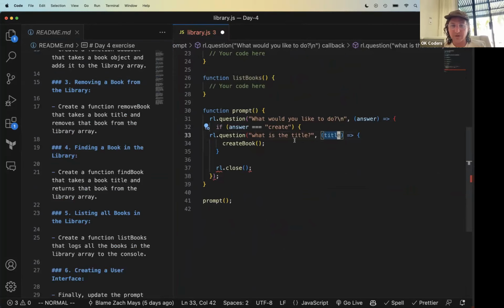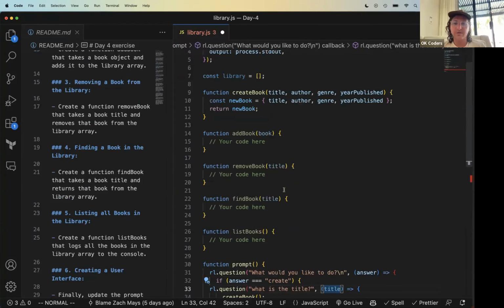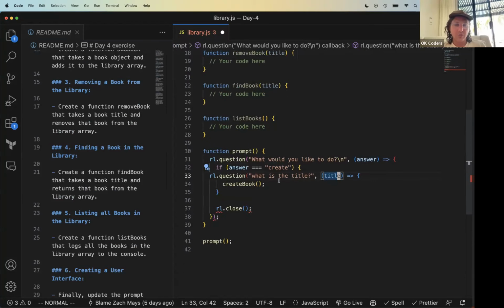So honestly, we could kind of ask for it. We could keep embedding it. We could do what is the title, and then inside there, we could do what is the author, and then what's the genre. We kind of keep nesting these different questions. In other ways, we could just ask for what is the title,